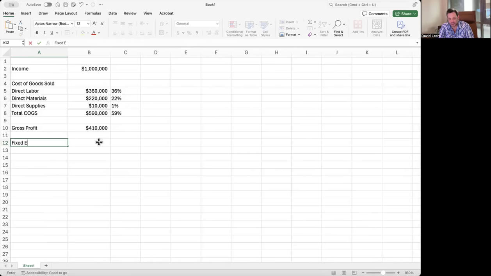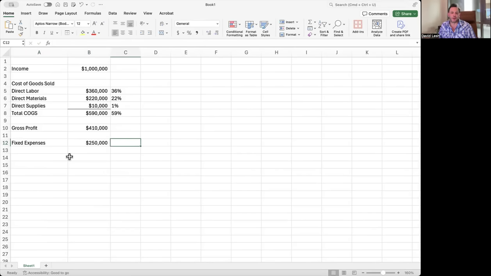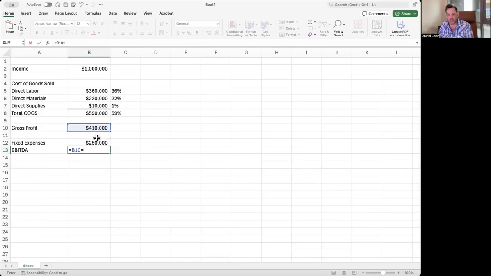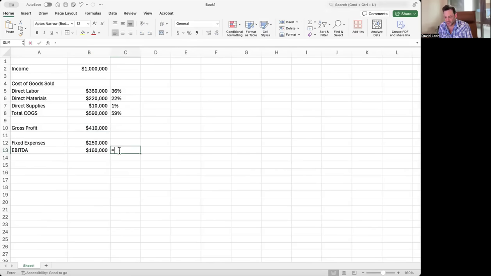So fixed expenses, let's just say total for the month, $250,000. And so my EBITDA, the money left over, we'll do it on an EBITDA basis, is 410,000 minus $250,000. So 160 divided by